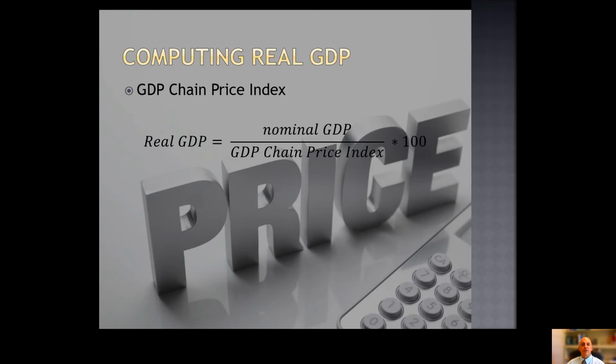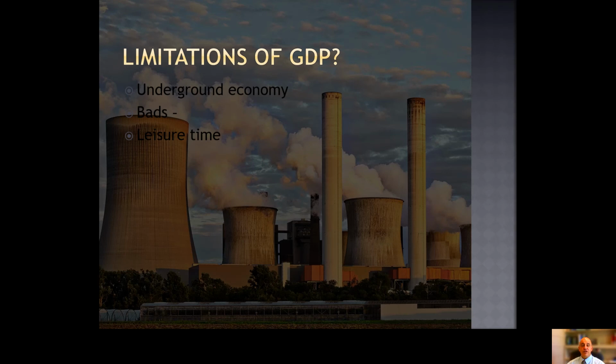So the way that we calculate real GDP is we look at the value of what we've made, nominal GDP, and we take into account these price changes using what's called the GDP price index. And that brings down the value to more real terms, to comparable terms. So GDP is a number that we'll look at to say this is how big an economy is, but there are problems with GDP.